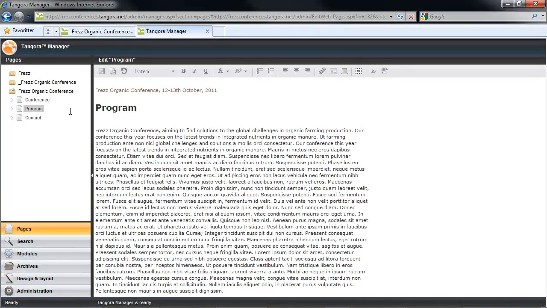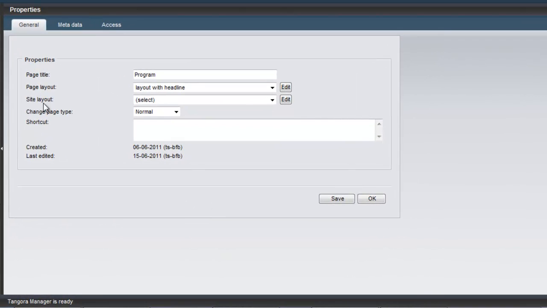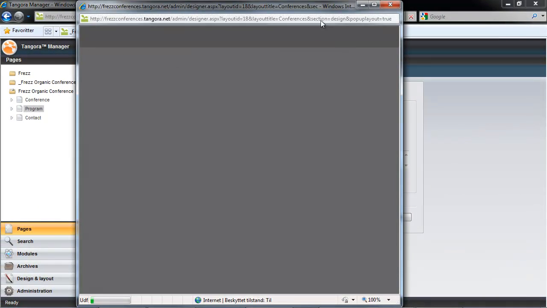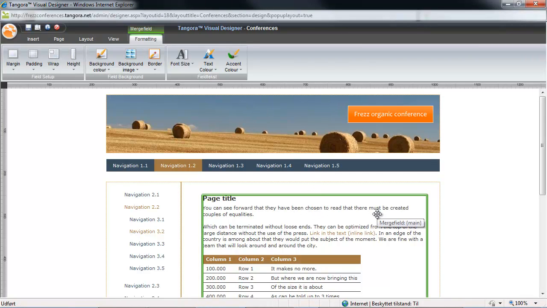I have now in use a site layout called Conferences. I can, via Pages property, click on Edit, and come into the site layout in use. Here I have placed my content placeholder in a column where my page layout comes into play to format my page content. And this content placeholder has a width.